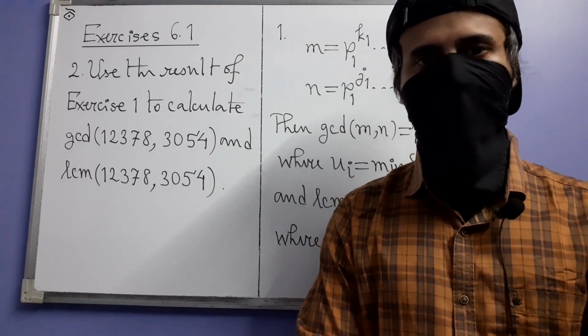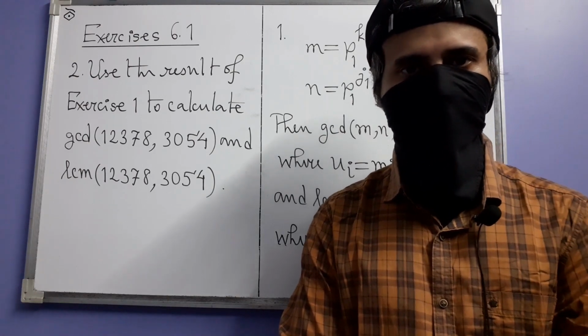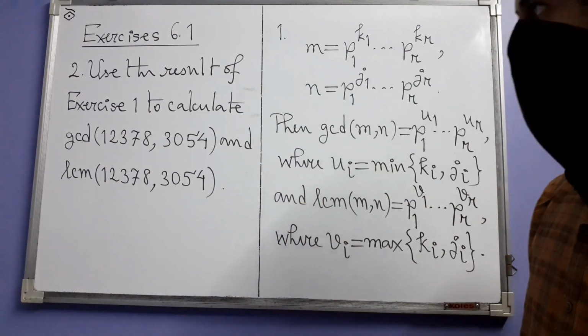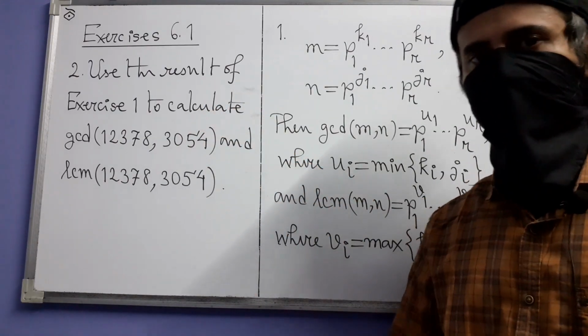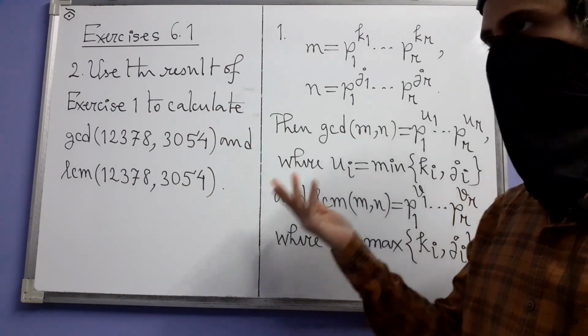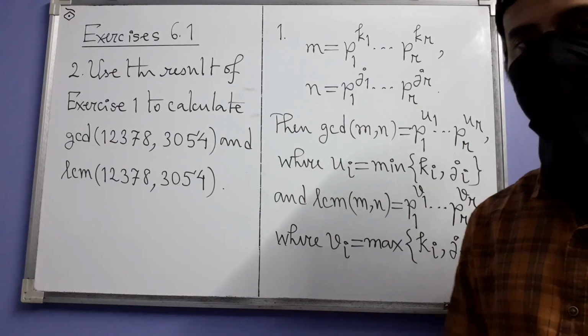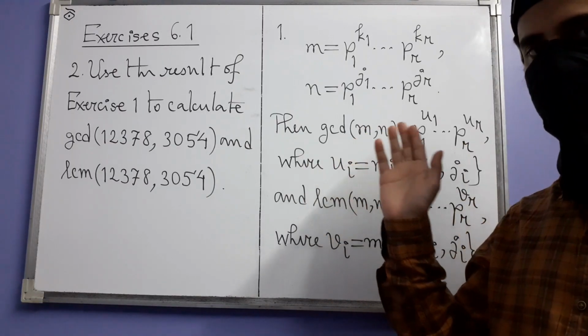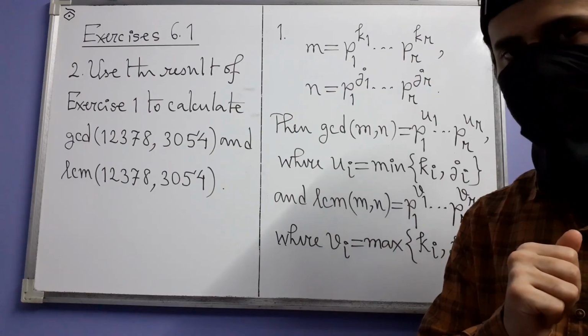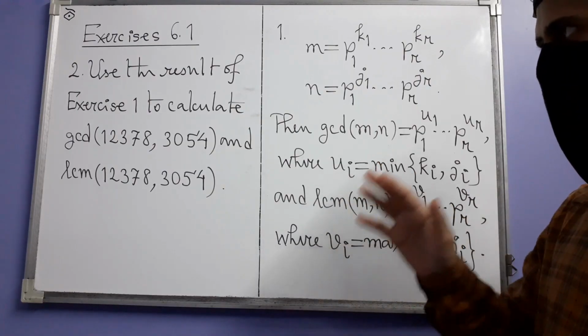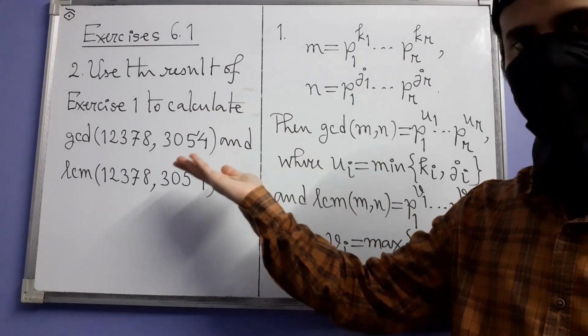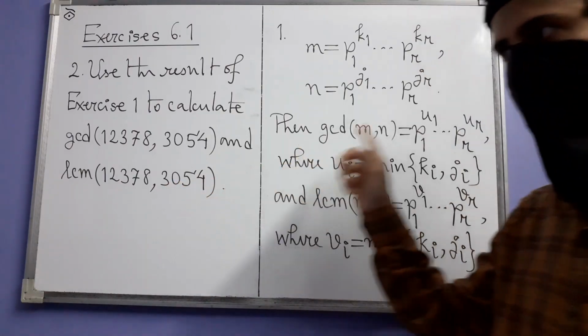Next, we are going to start exercises on number-theoretic functions. So this is the second one, and in this we are going to use something from the first exercise. As per the rule, we are not going to solve the odd numbered exercises, you already know. But in spite of that, because it's going to use a result from exercise 1, let us first see what